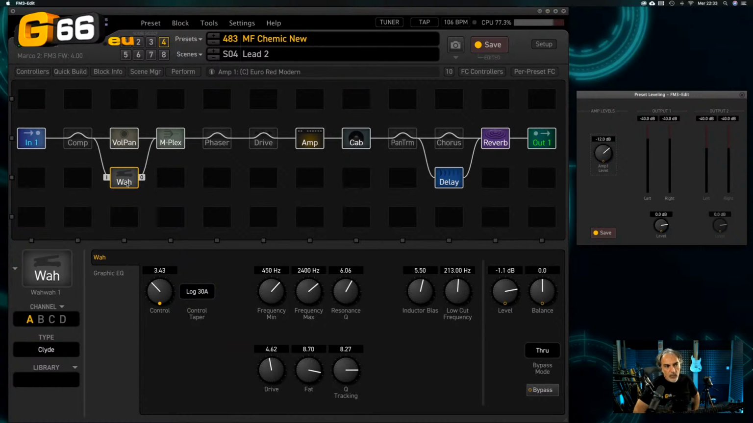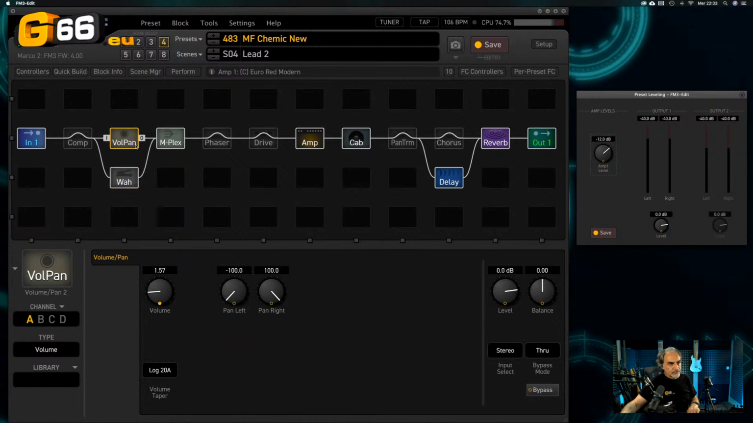So it's pretty simple and it's very flexible. You can decide which scenes activate the volume and which scenes activate the wah. But there is a trick, very important, guys. This is very important to know, because